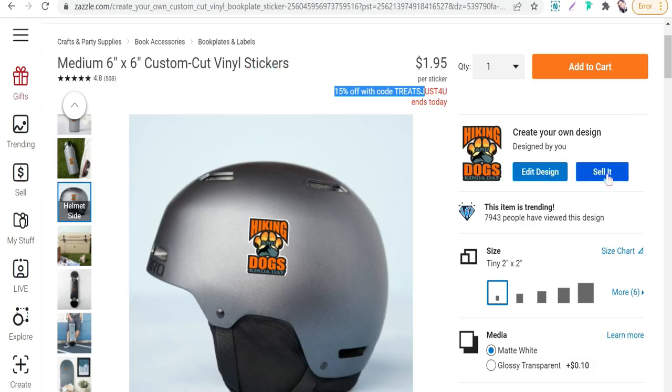Okay, and when you are done here with this vinyl sticker, just go to this button, sell it, and when you click this button, you will go to a page where you can put some details of your product, like title, tags, description, and so on. So the first type here of stickers on Zazzle.com, vinyl stickers. Okay,